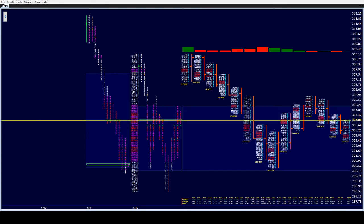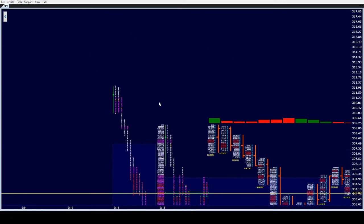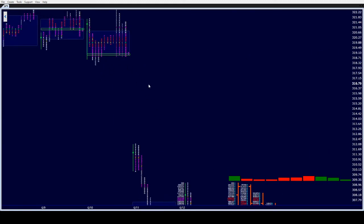Above that, we have the second set, 306.52. C's high, they fill them at A's low, 307.06. Today's high of 309.08. Yesterday's singles, 309.57. D's high to A's low, they get filled at 310.01. And then yesterday's high of 312.15. And don't forget, a 607-point gap. That gets filled at